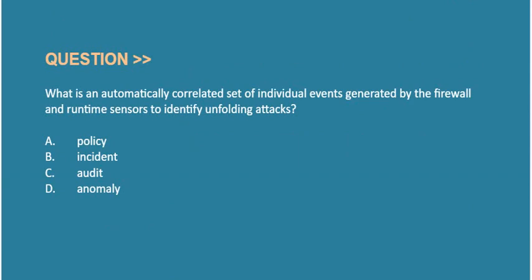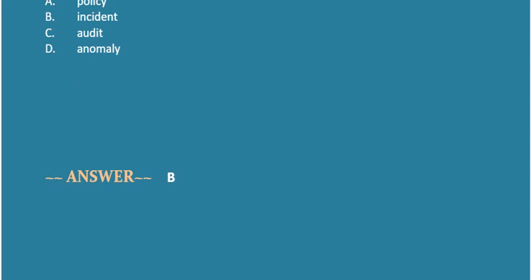Next question is, what is an automatically correlated set of individual events generated by the firewall and runtime sensors to identify unfolding attacks? Option A, policy. Option B, incident. Option C, audit. Option D, anomaly. Correct answer is option B,